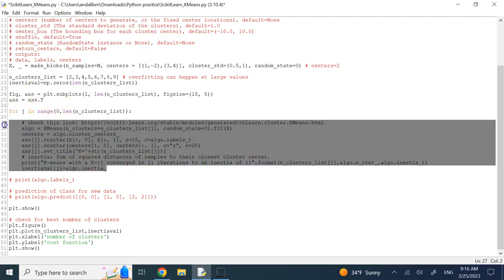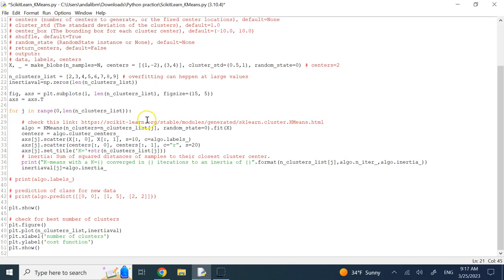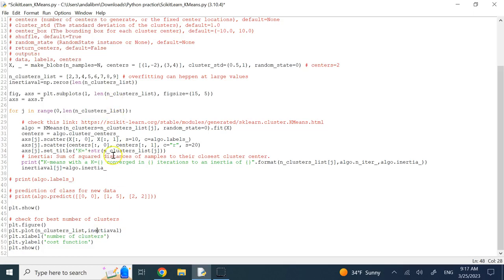This is going to show you how many iterations it took for those number of clusters and how much was the cost function. And you'll see as this number of clusters goes up, this inertia goes down, and that is the danger of overfitting, because yes, of course, the more clusters, the more chance of bringing down that cost function at the price of overfitting. And here I'm going to plot for you this vector versus those inertia values that I have stored. So with all that said, let's go ahead and run this whole thing